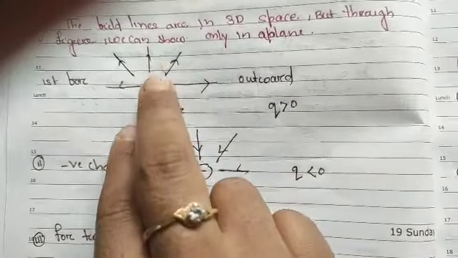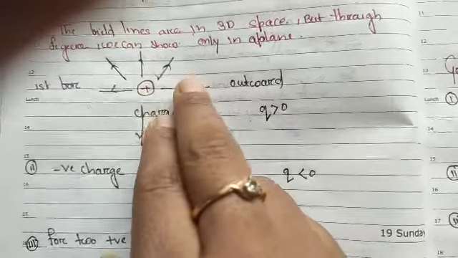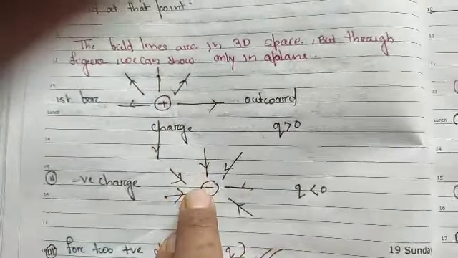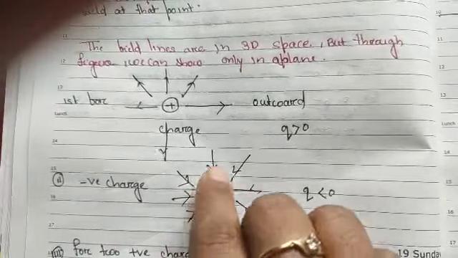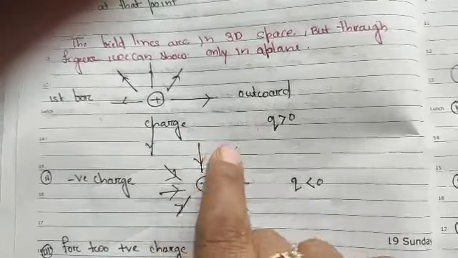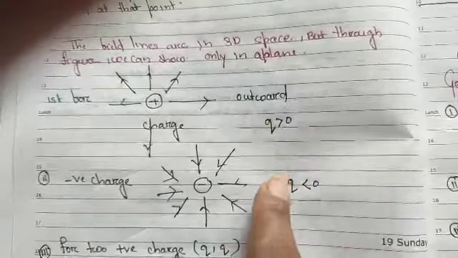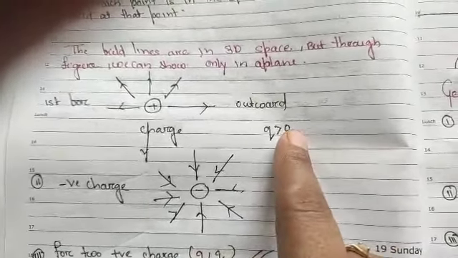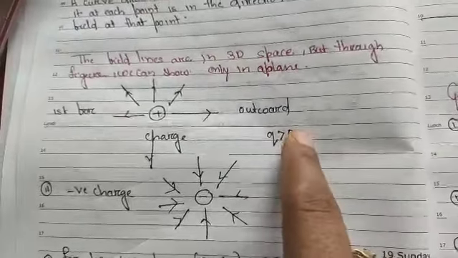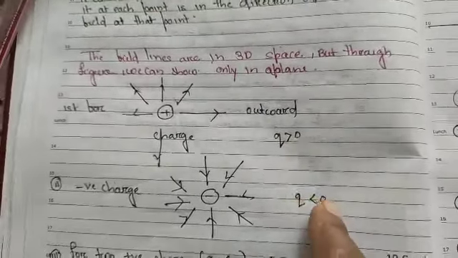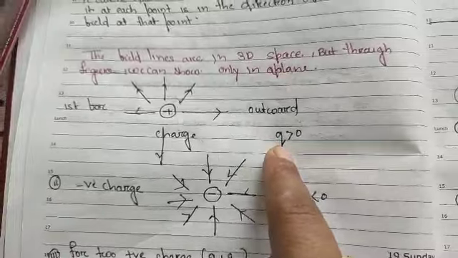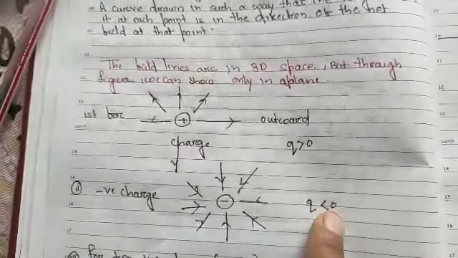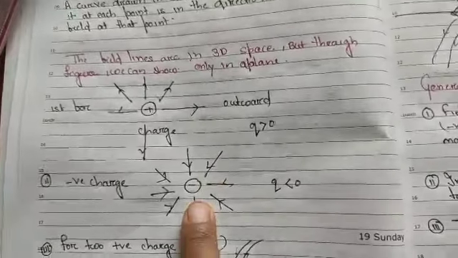Again you can check it out, students. If you are considering a positive charge, the electric field line is in the outward direction, and if you are considering a negative charge, the electric field line is in the inward direction. But you will remember these two things, because these two things come as a question. What is the direction of the electric field line if Q is greater than 0 and if Q is less than 0? Then you have to identify that if Q is greater than 0, that is for the positive charge, and Q is less than 0, that is for the negative charge.